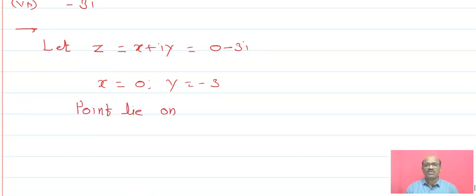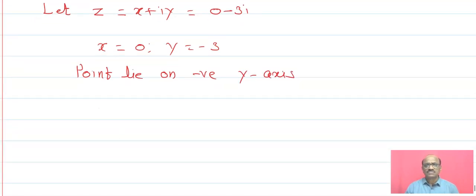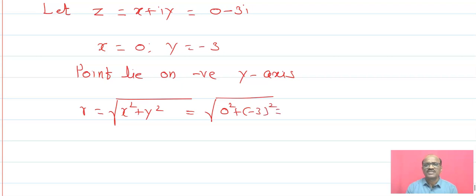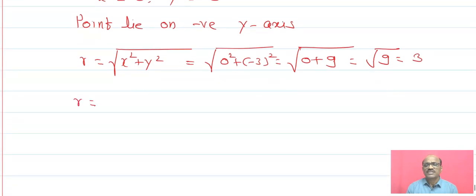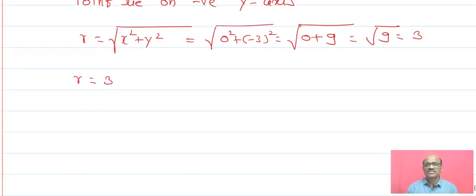The point lies on the negative y-axis, and it's clear that the argument is 3 pi by 2. Now r is equal to the root of x square plus y square, that is the root of 0 square plus minus 3 bracket square. R is equal to 3, sin theta is equal to y upon r, that is minus 3 upon 3,